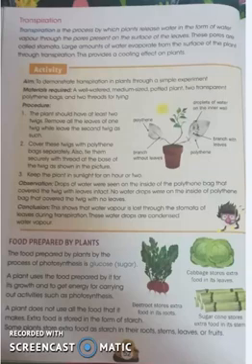Some plants store it in the roots, like carrot. Carrot is the root which we are eating. Some store it in the stem, like potato. Potato is a stem which we are eating, but since the food is stored, it is fleshy, so we eat it. While some store it in their leaves also, like cabbage. Cabbage is the leaves which we are eating, but the food is stored, so it is fleshy and thus we eat it.